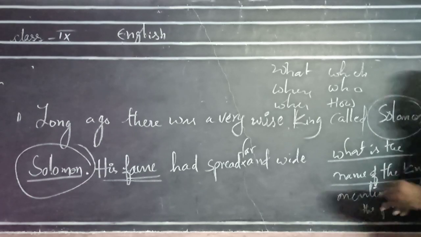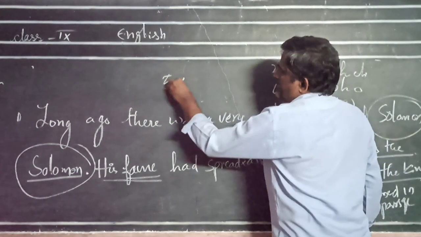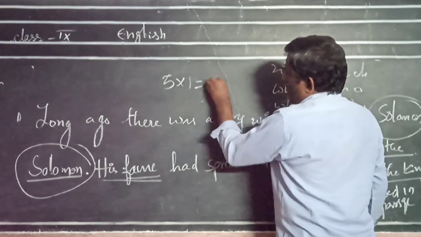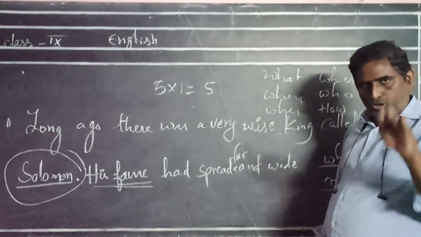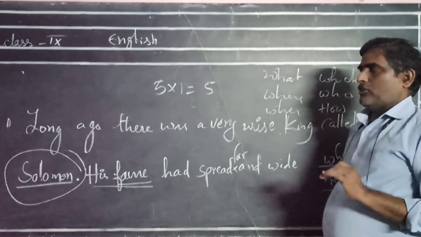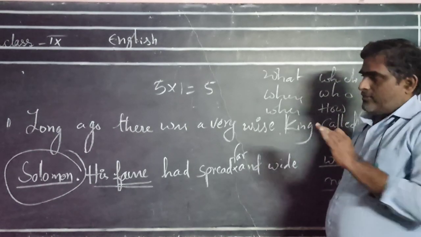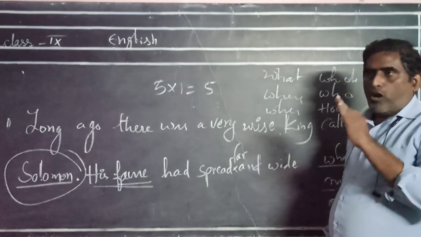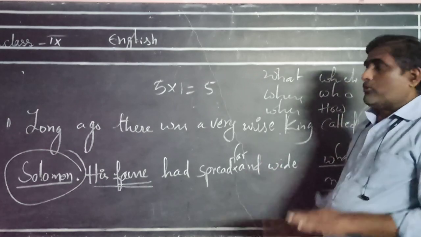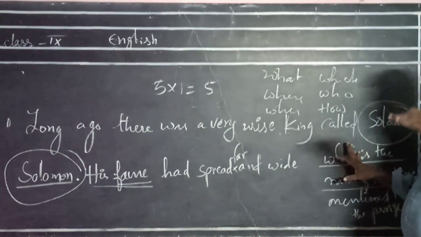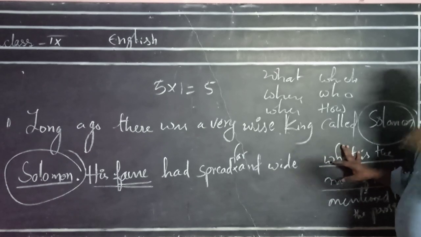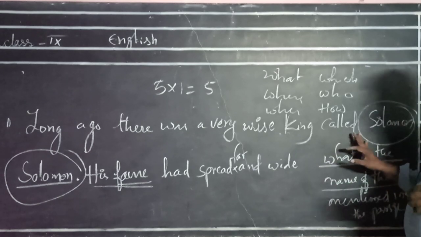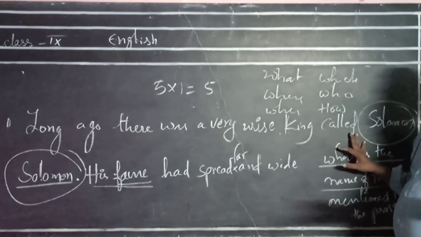Like this, we have 5 marks. 5 words will be underlined in the paragraph which you will get in your question paper. For all 5 words, you have to frame questions like this. The underlined part should become the answer. So that is framing questions, in your 34th question, it seems, in paper 1. So you have to practice it from tomorrow onwards.